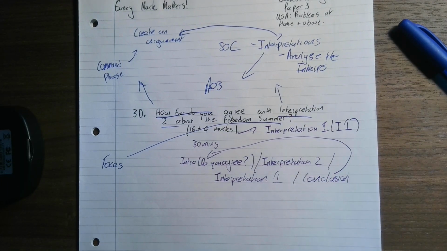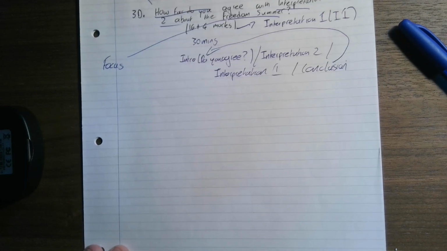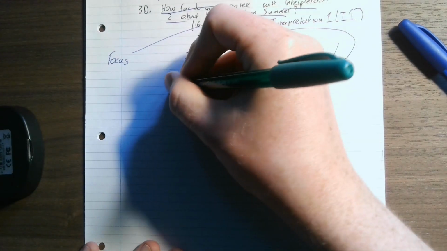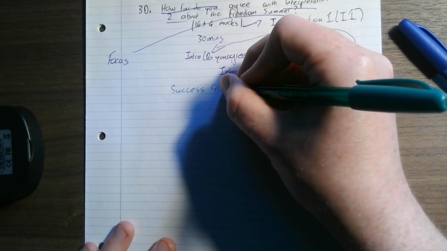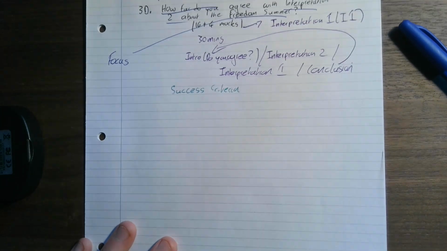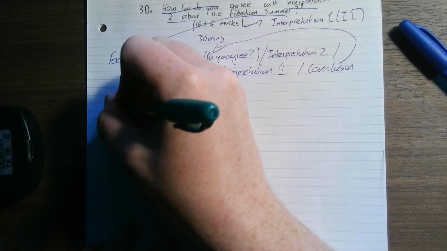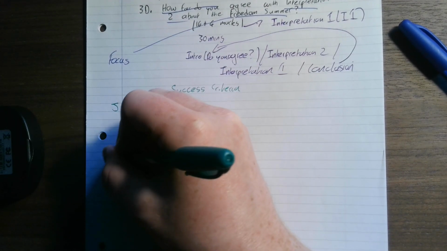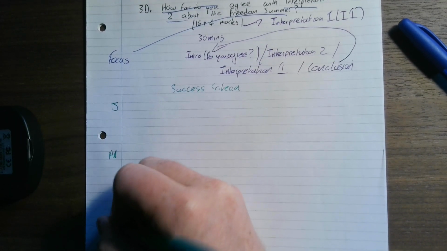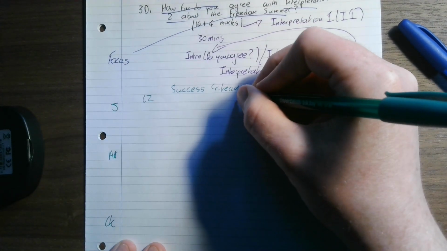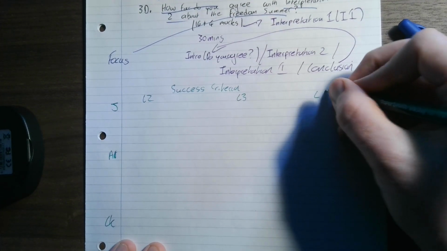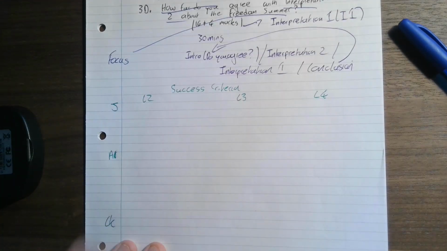But the most important element of this session is I want to show you how to get full marks. It's a really hard question, so I'm going to put my success criteria right down at the bottom of my sheet. Okay, and again, this is split up into judgment, analysis, and contextual knowledge. Alright, and I'm only going to show you level 2, level 3, and level 4, and allow me to just